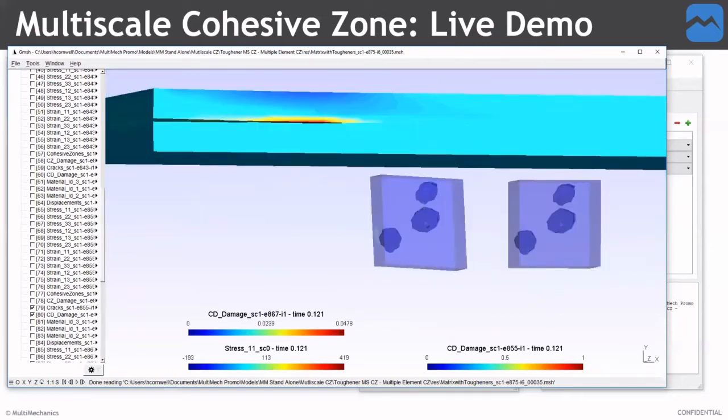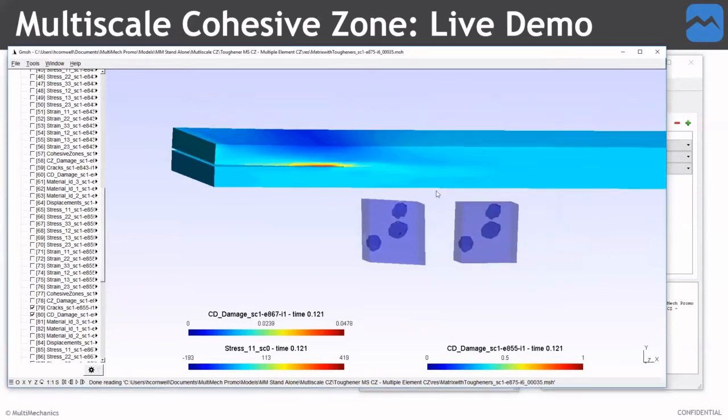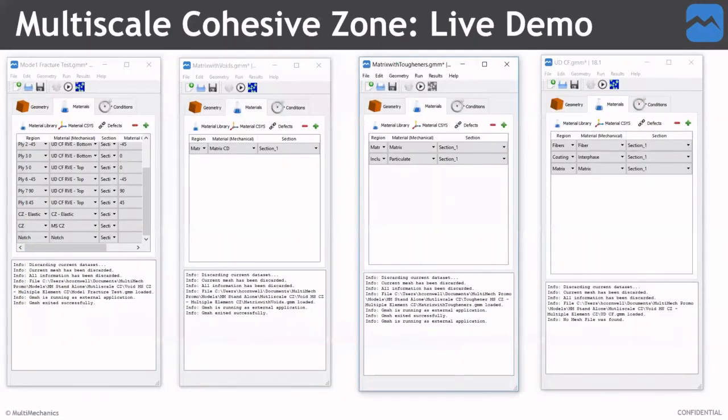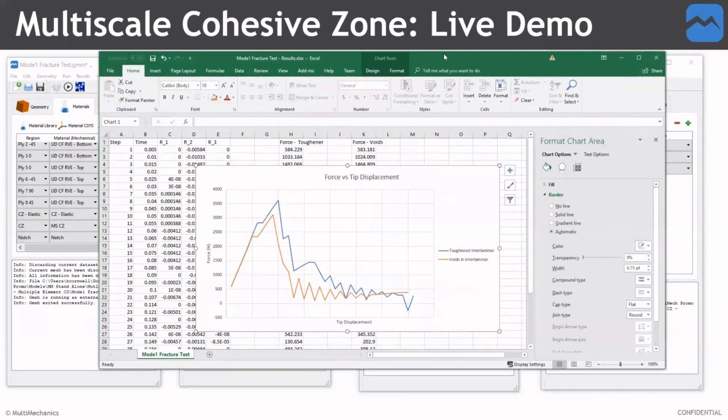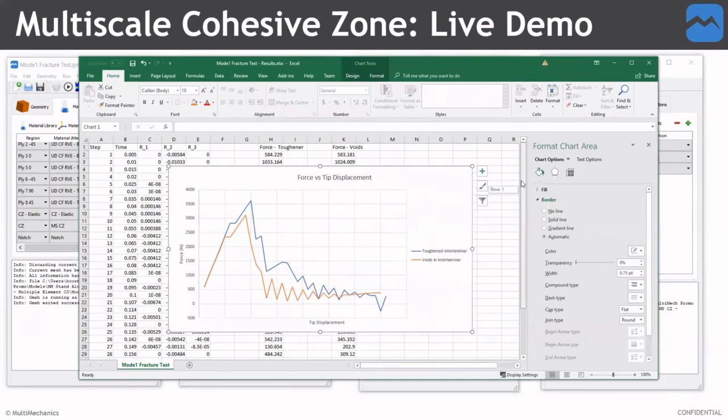But we would like to see some more quantitative data. So how exactly is changing different microstructures going to affect the fracture toughness? What we can do is look at the output of the reaction forces to gauge what this should put out in an experimental setting. So now we can look at the force versus the tip displacement here, and we can start to see how changing this RVE affects the fracture toughness. So we can plot all these results within a CSV file, and we can look at the difference between the two